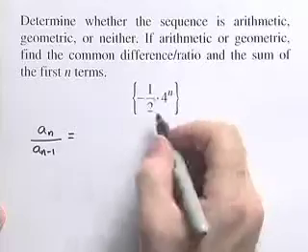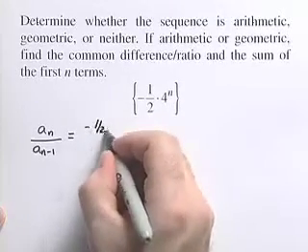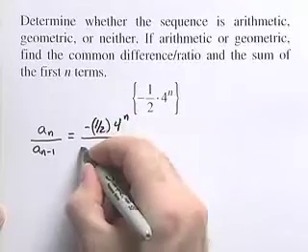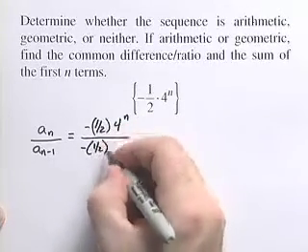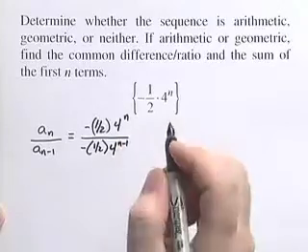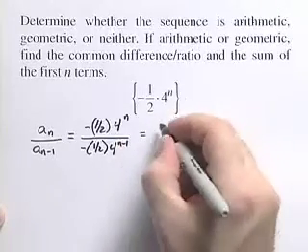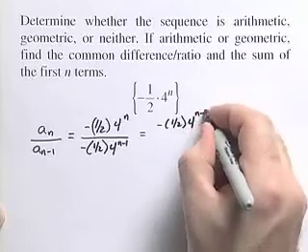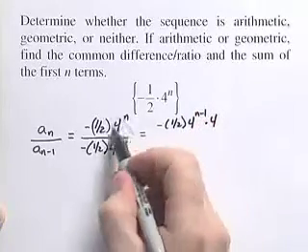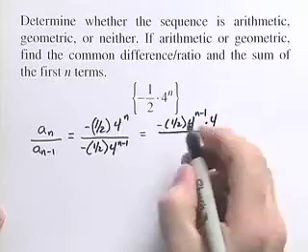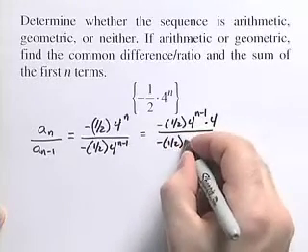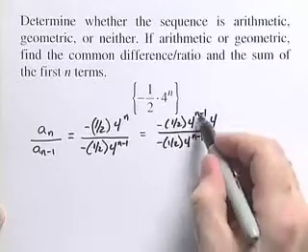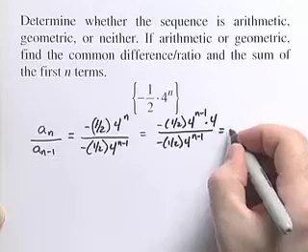This is a sub n that we're given here, so we'll have negative 1/2 times 4 to the nth power. That will be divided by negative 1/2 times 4 to the n minus 1 power. We can rewrite that. So it'll be negative 1/2 times 4 to the n minus 1 times 4. We're just rewriting 4 to the n over negative 1/2 times 4 to the n minus 1 power. We notice that this negative 1/2, 4 to the n minus 1, that cancels, and we get that this ratio